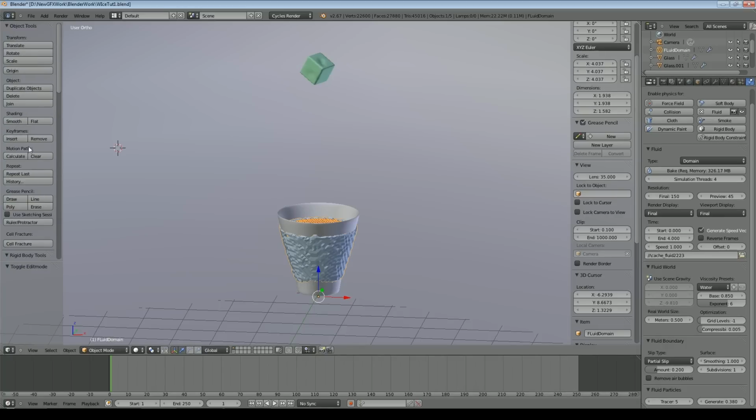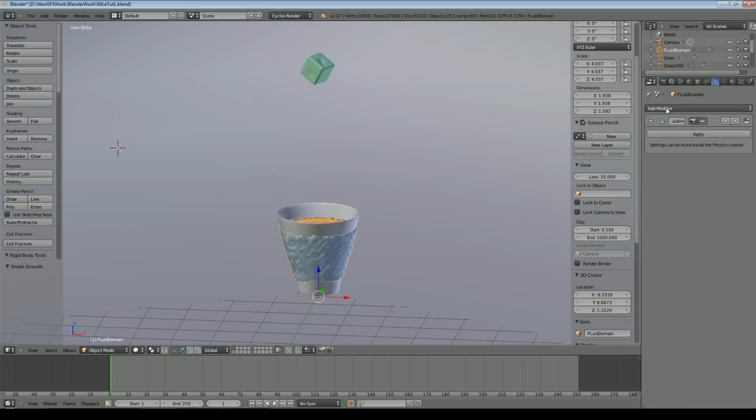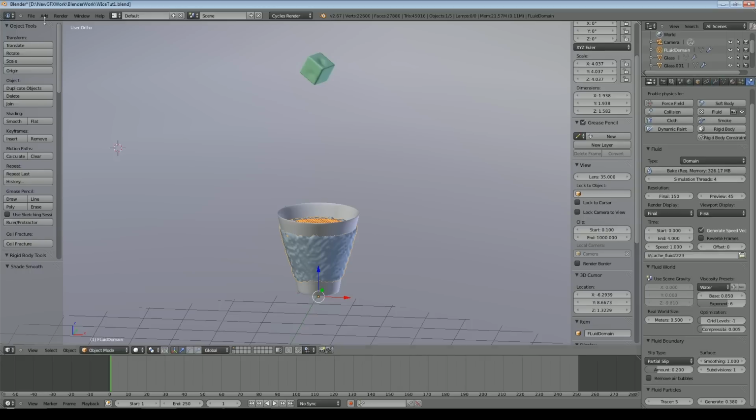I'm also going to come over to here and select smooth shading. We need to add in fact a subdivision surface, but I'll leave that until the bake has been done, because that'll just make it take even longer. We'll save that simulation and we'll start baking that. So that's off baking and I'll be back in a moment.